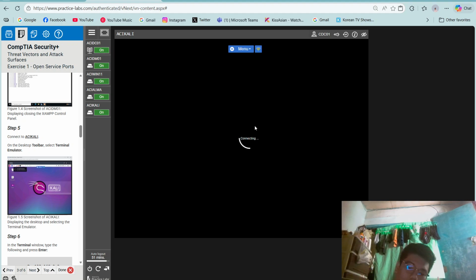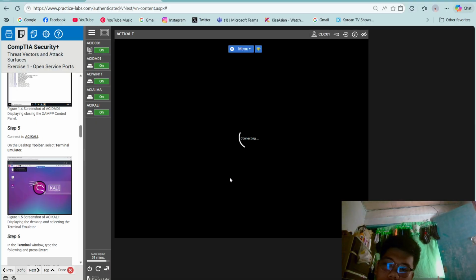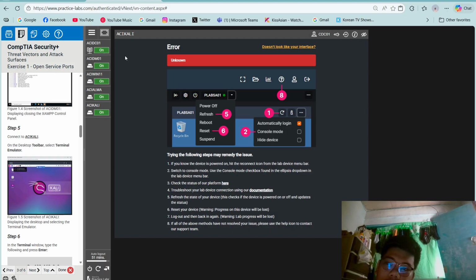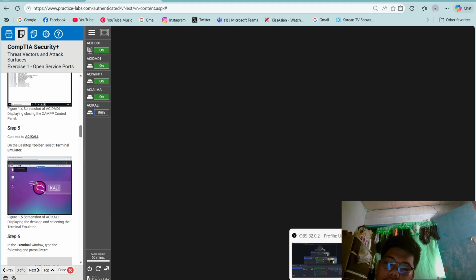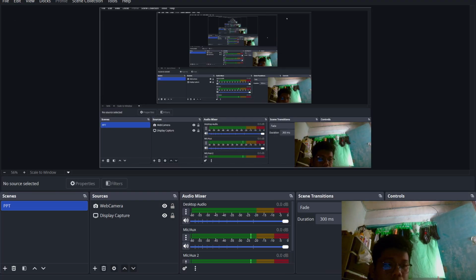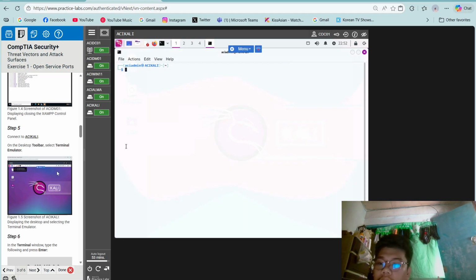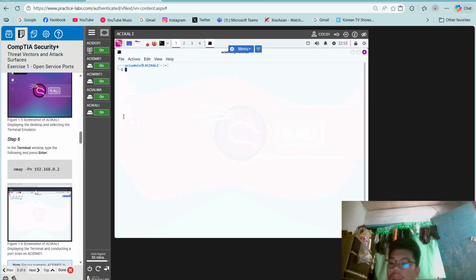Once we are connected to the Kali server, on the desktop toolbar, select Terminal Emulator, which is this. Then step 6, in the terminal window, type the following and press enter.